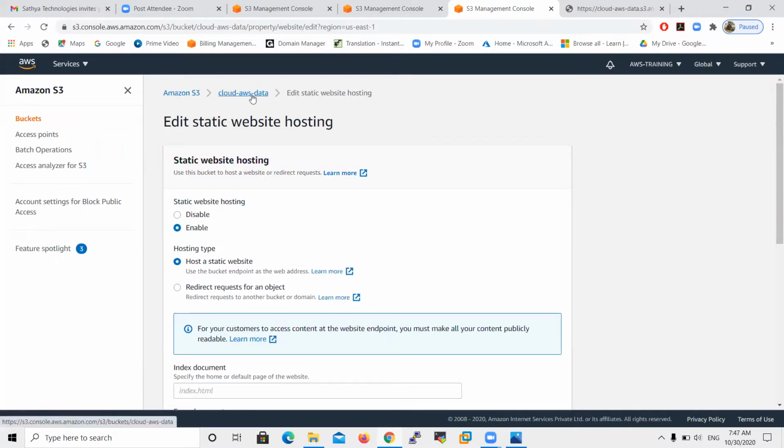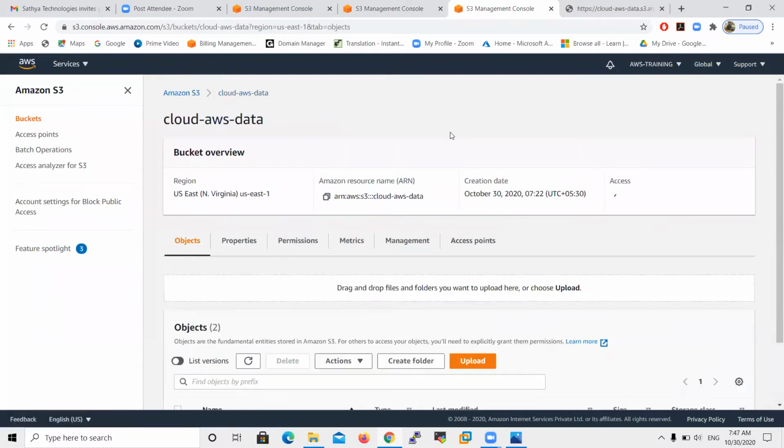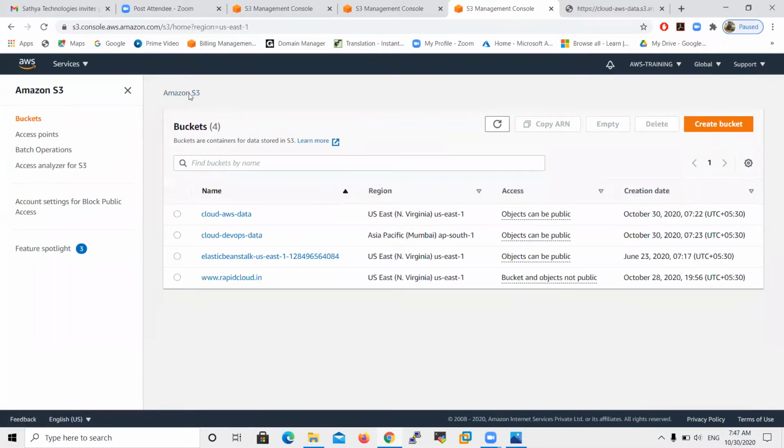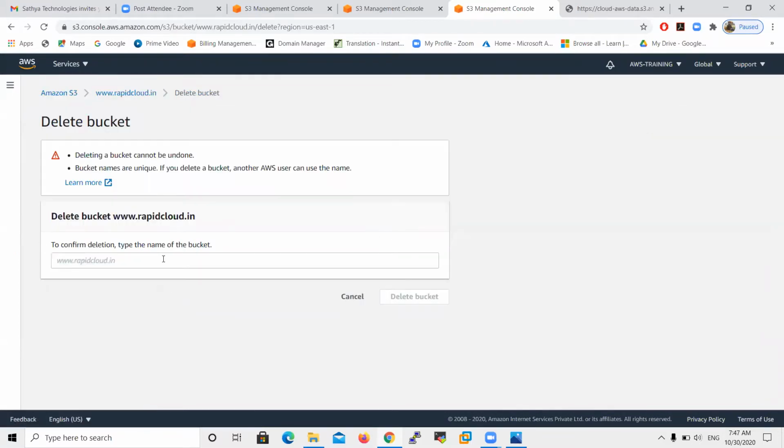But one more very important point: before hosting static websites, you must create a bucket with the domain name. Generally, website hosting means with company names only. You have any business, for example, I have a restaurant, myrestaurant.com, myecommercesites.com, myproducts.com. Almost all website names are domain names only. So the best and safest idea is to create a bucket with your domain name only. For example, I have a domain name.